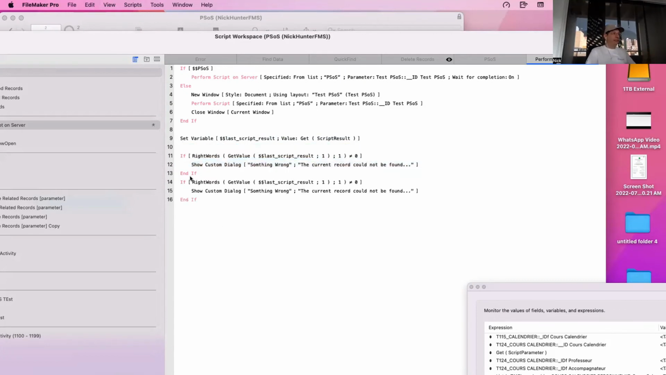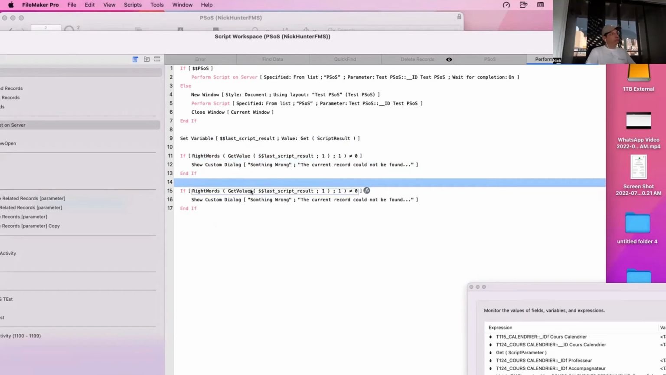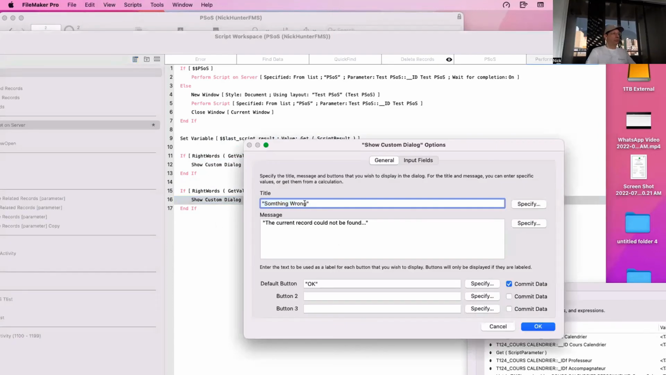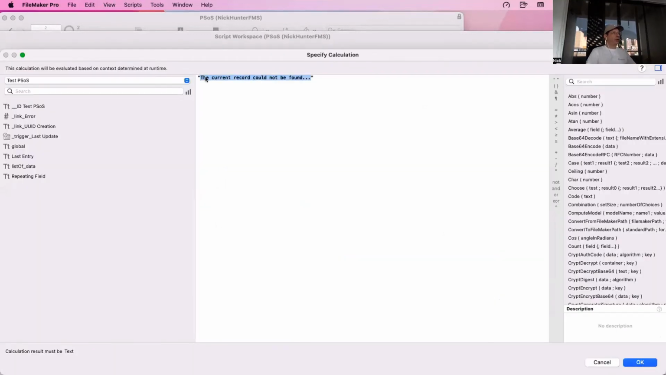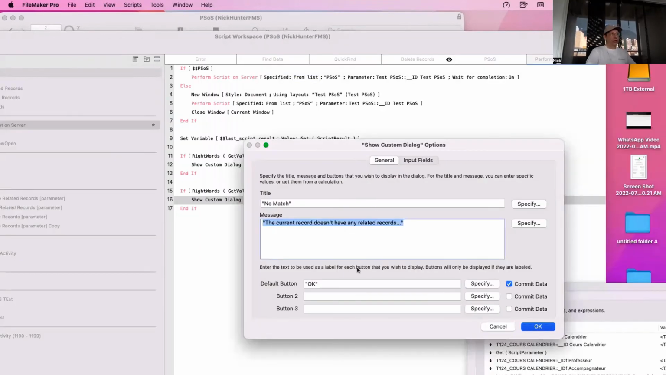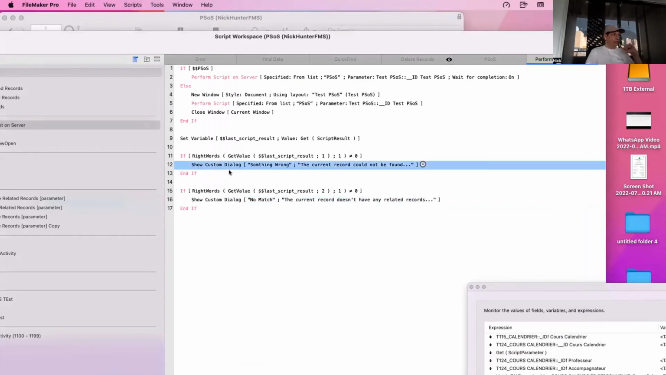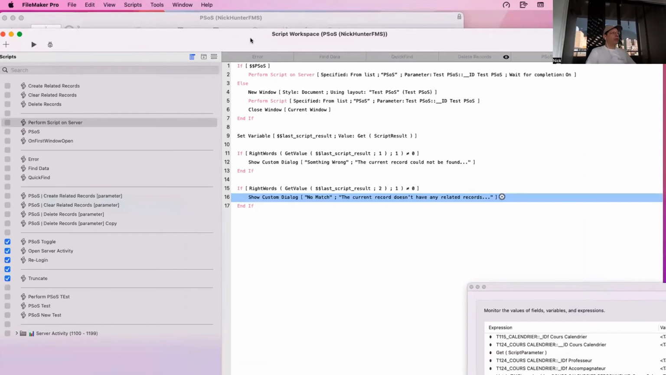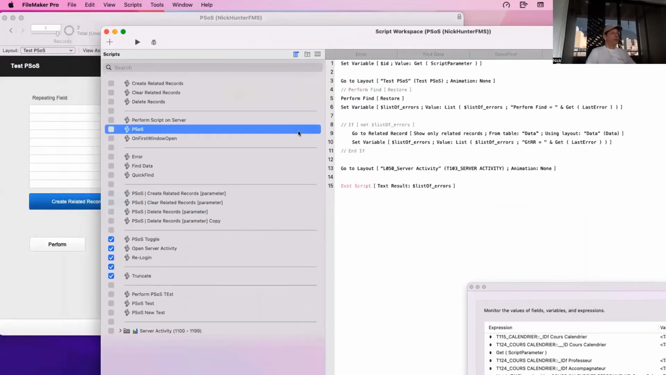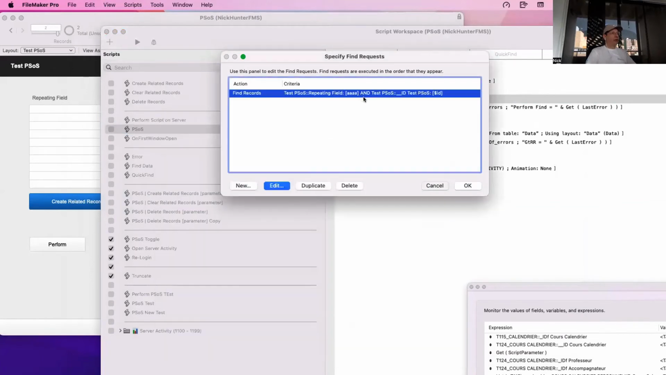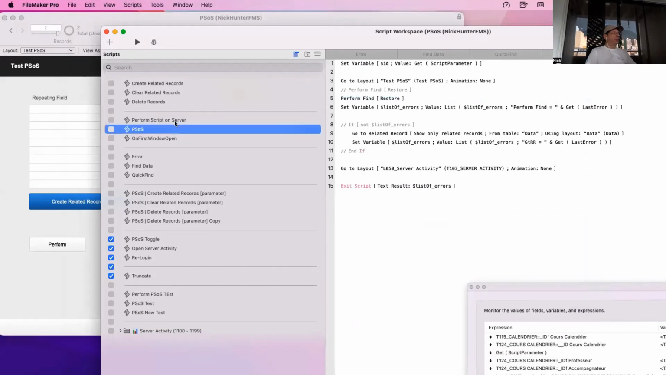And then you duplicate this, right? And you say if the second value, so you get the first and you get the second, if the second value, right? And you say no match, okay? And you can say the current record doesn't have any related records, okay? So see, now we have two pieces of information, the first and the last. So now, how does it work? Let's say I make sure I will have two errors, right? So I'm performing these scripts